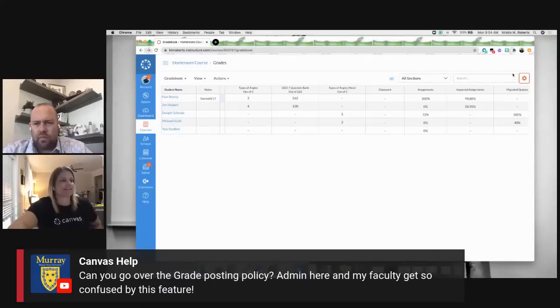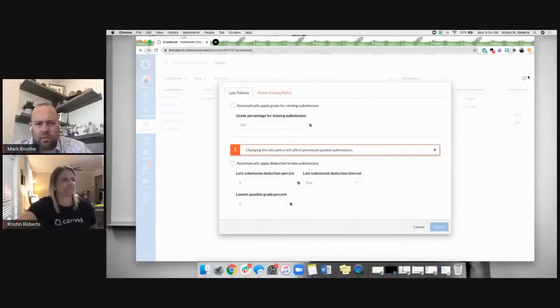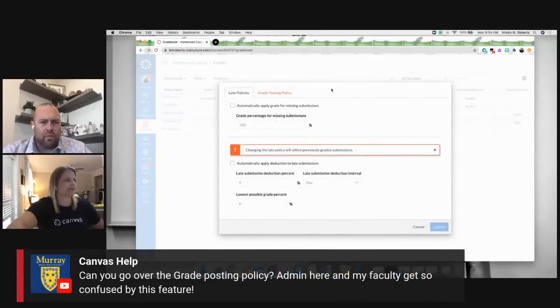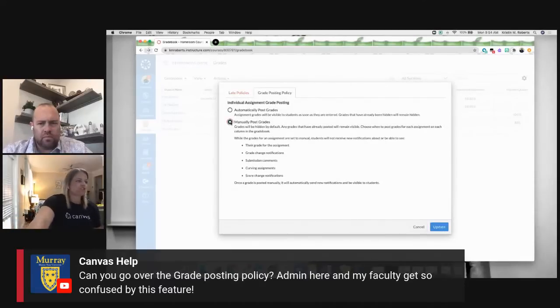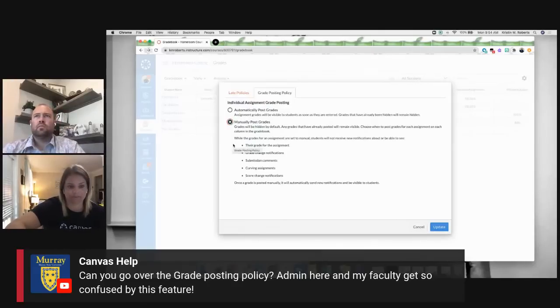Yeah, so let me go over it a little bit deeper. It's in that gear icon in the top right. If I choose that grade posting policy, and if I choose manually post grades, students will not be able to see any grades that I've given them. Even if I give a grade, they won't see that something's been graded yet. So if I choose that option,